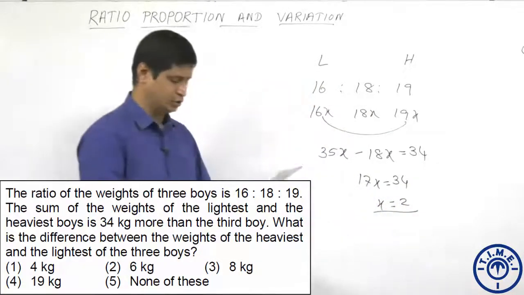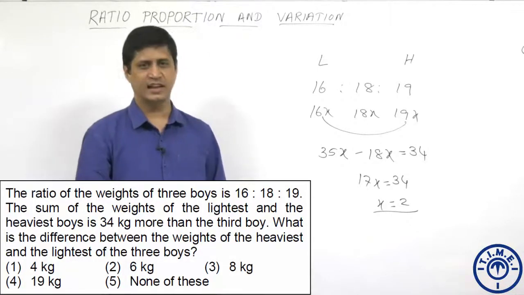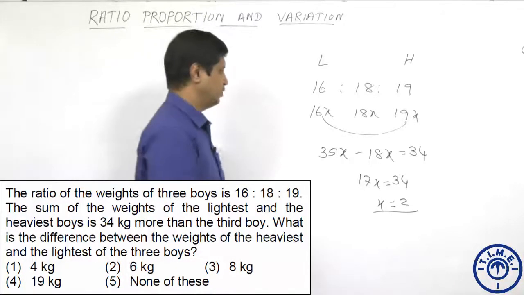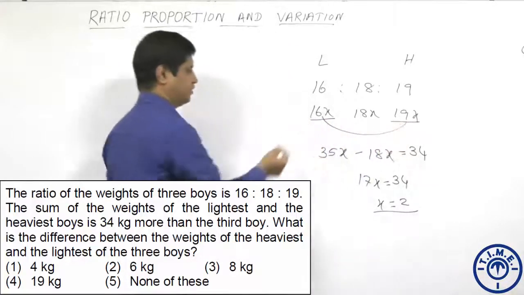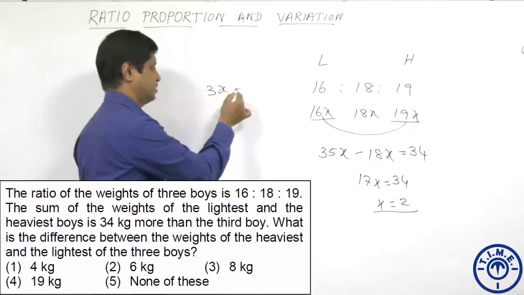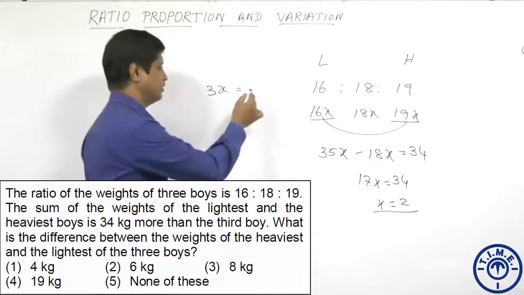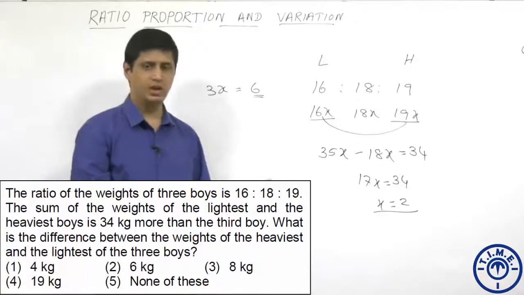When x is equal to 2, now what to find? The difference between the heaviest and the lightest boy. What is the difference between the heaviest and the lightest boy? The difference in these two is equal to 3x. Now when x is equal to 2, 3x is equal to 6. The right choice for this question, option